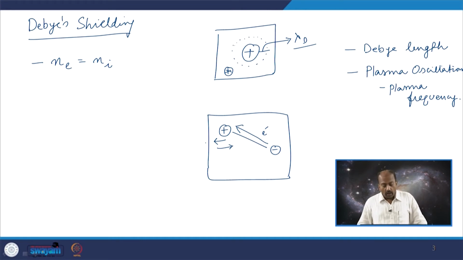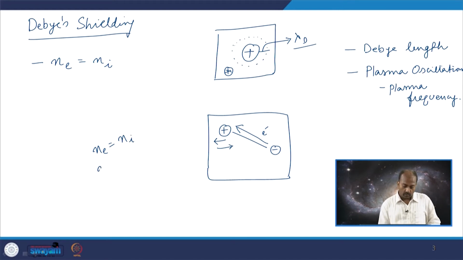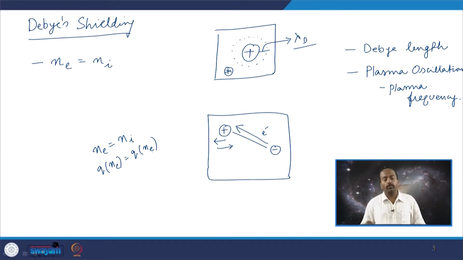Now, when you look at the plasma, it is considered electrically neutral. That means the total number of electrons is equal to the total number of ions. And if you talk about the charge, the total positive charge in terms of the number of ions is equal to the total negative charge in terms of electrons. But plasma, being an electrical conductor, is not just a gas with molecules. So, plasma should also allow the possibility of Coulombic interactions between various constituents of the plasma. That means that plasma is neutral macroscopically, but microscopically in small regions of plasma, charge accumulation may always take place,